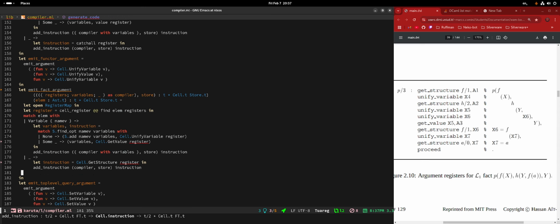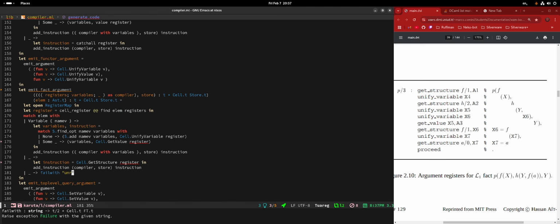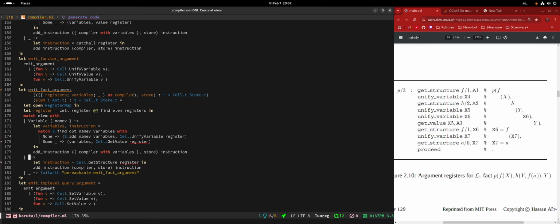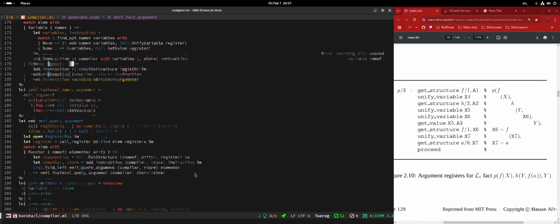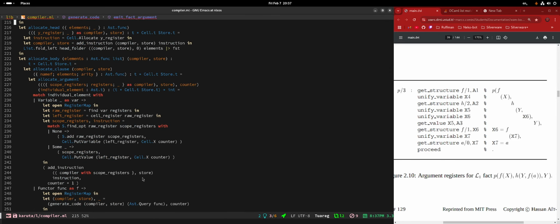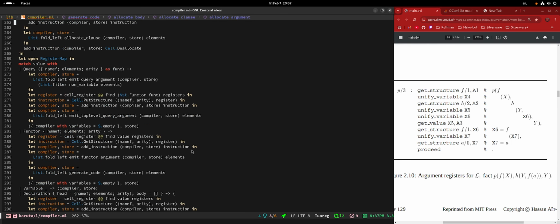So in that case, we could have an atom, but an atom is just a functor of arity 0. Emit fact argument, and this one will be functor name f and whatever else we're missing there. Let me copy the other get structure that we have here.